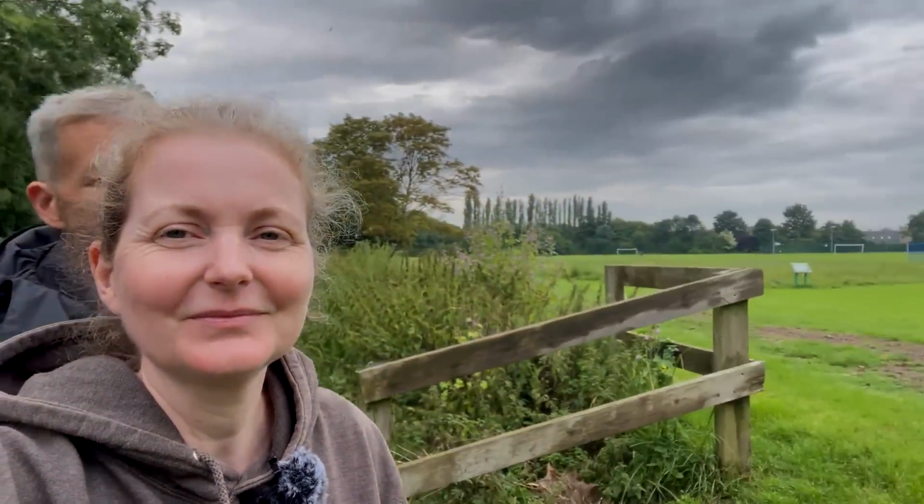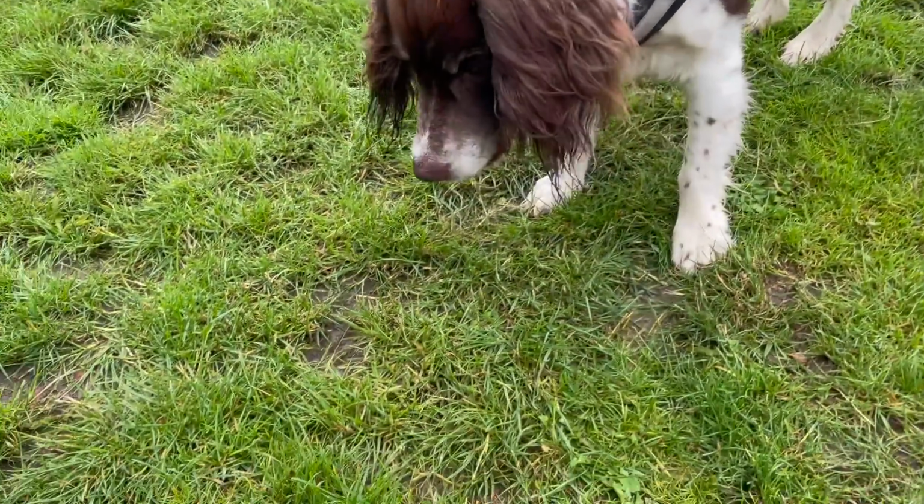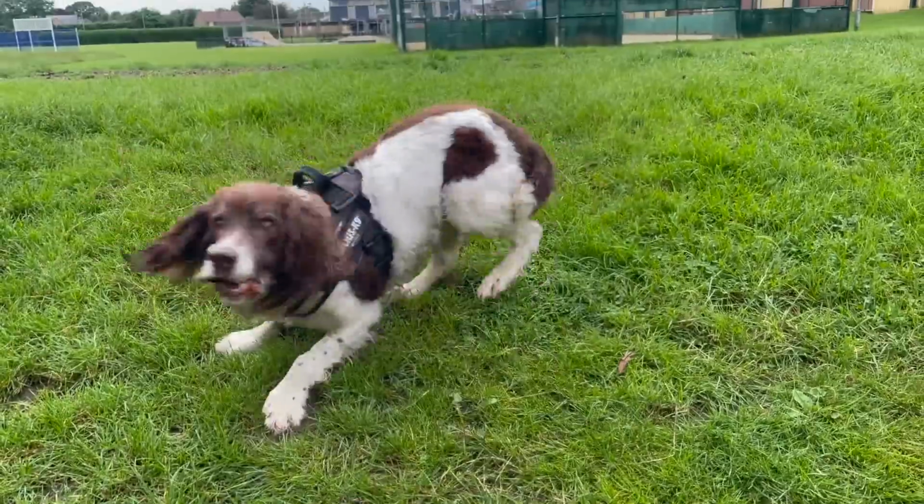This is Whittlesey. George is going to get a little bit more ball throwing, and then I'm going to go and take a walk over to the very, very angular church over there. He's going over the hill, coming down, dropping the ball, and...